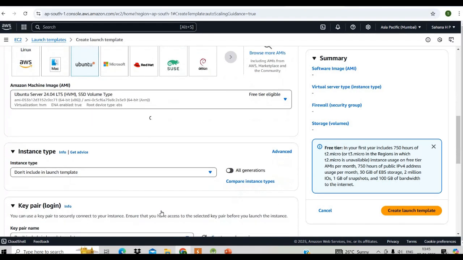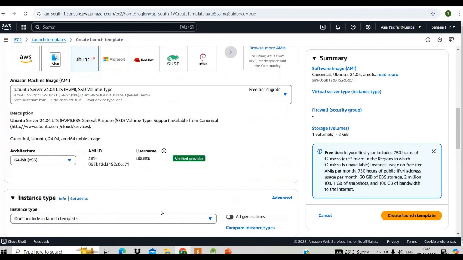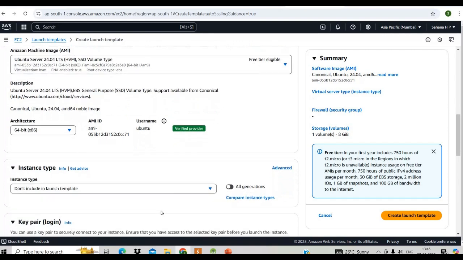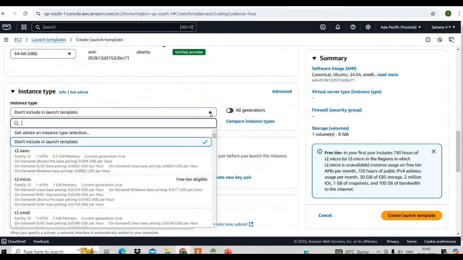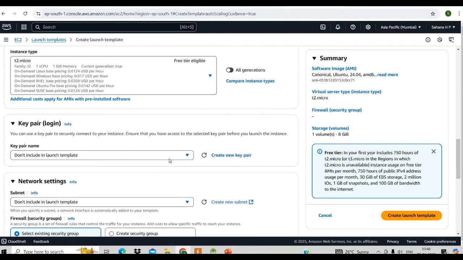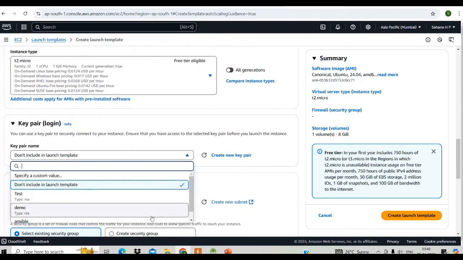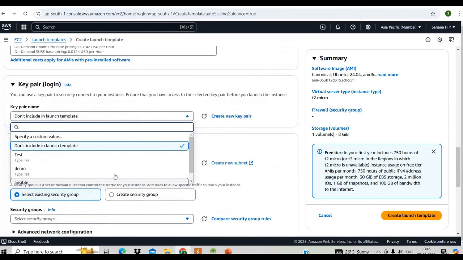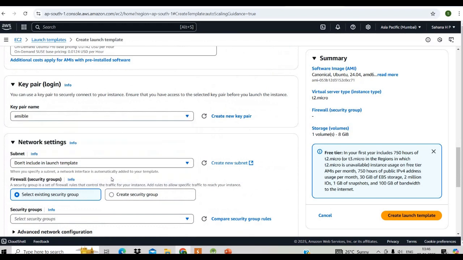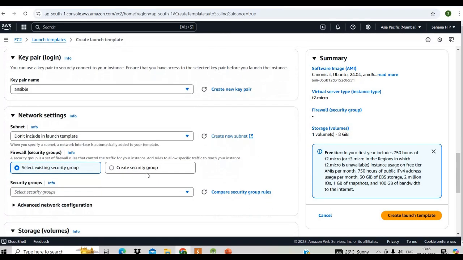The next is, here we need to select the instance type. So I'm selecting t2.micro, it's free tier eligible. The next we need to create a key pair. So here I selected a key pair as Ansible, and then